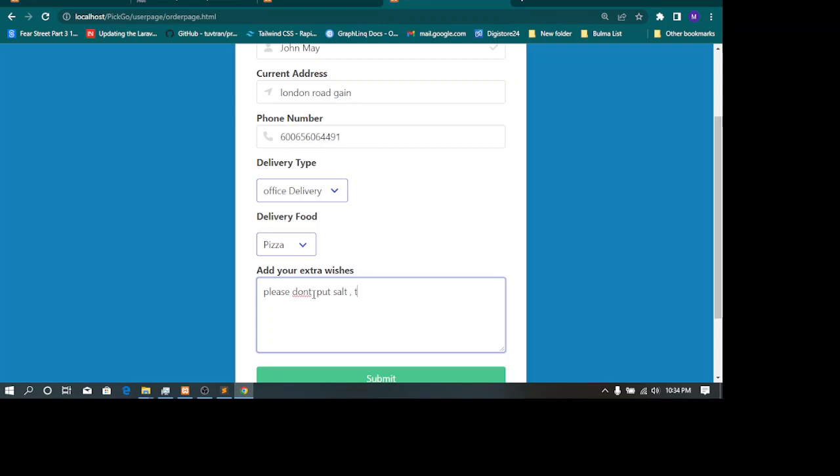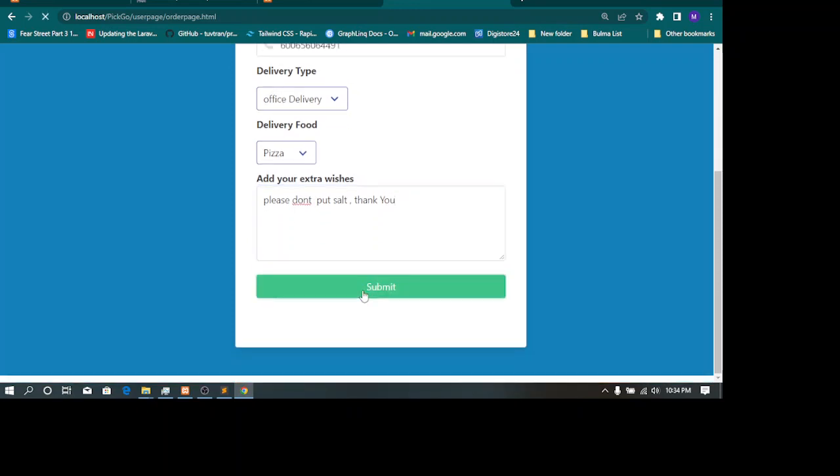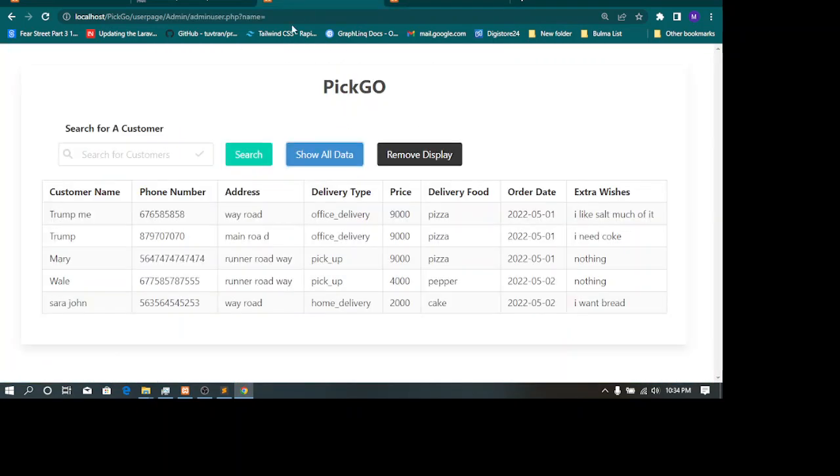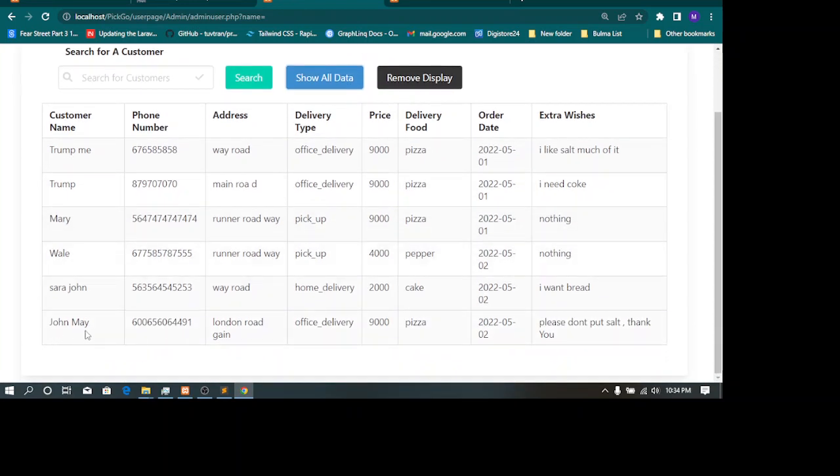It says thank you. So now if we click on show data here, you can see that it brings out John May.